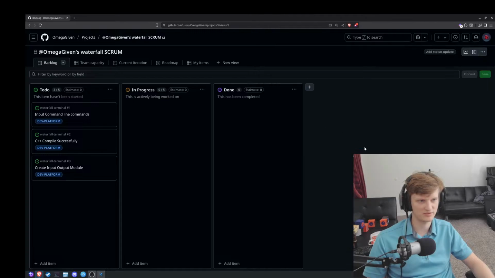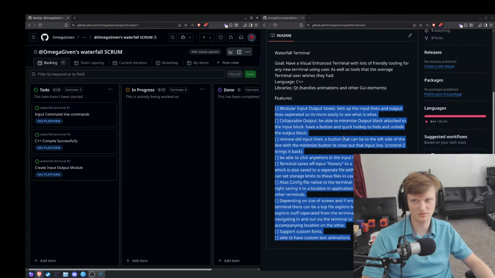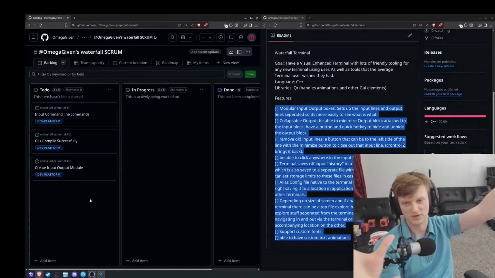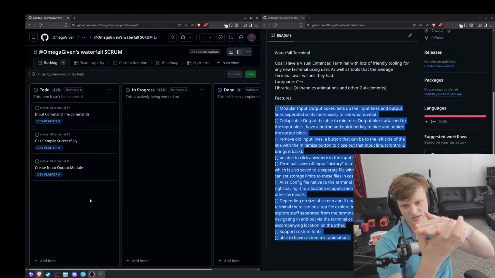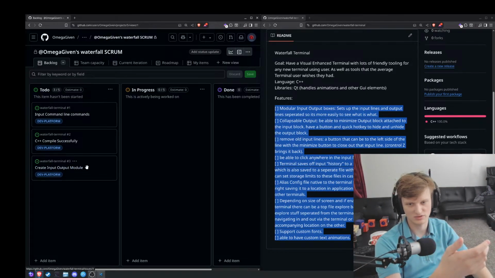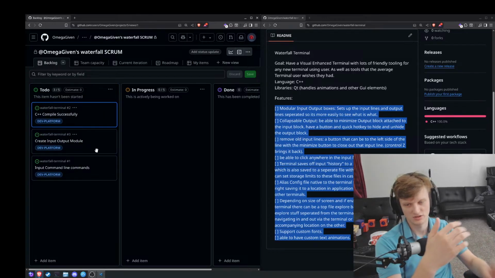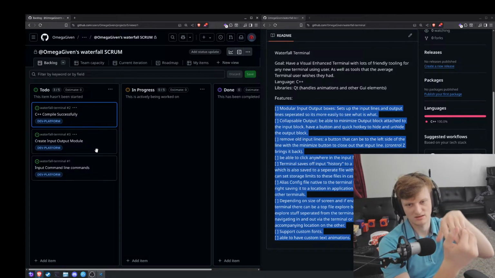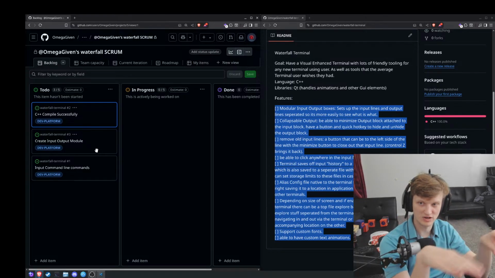because this is gonna tell me a little bit of the projects, or the things we want to do. All right. So we get C++ compiles. We get create input modules. This one should be above these. Wait, no, that needs to be at the top. So we create input modules, create command line commands, so that's inputs, outputs, commands. Then basically that's a very basic terminal.